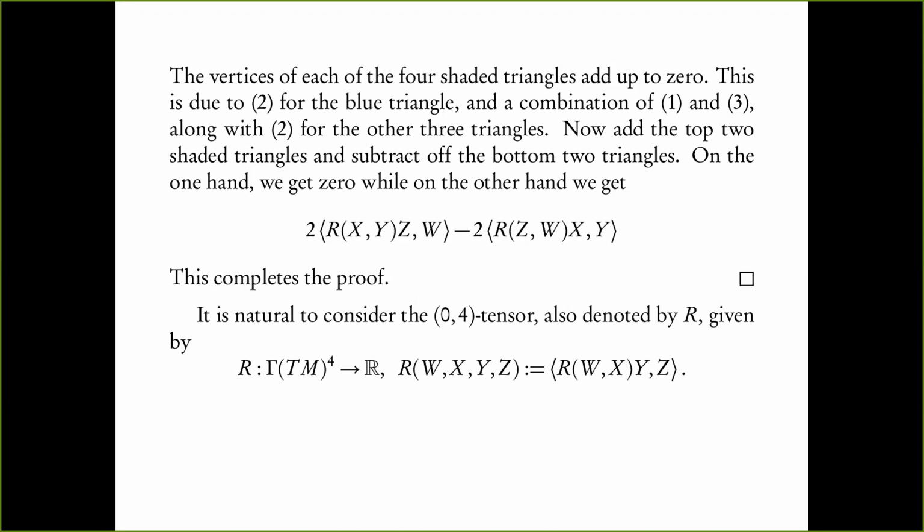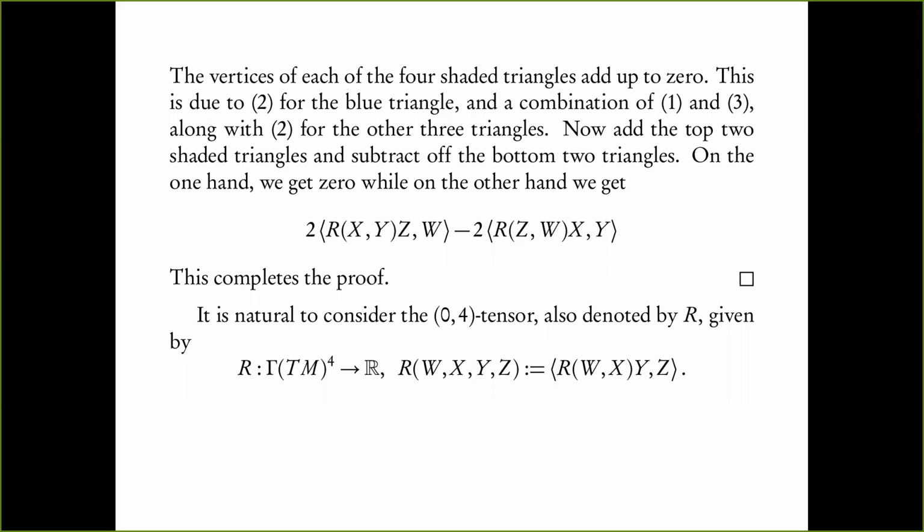R will also stand for this. So this is now going to feed in 4 vector fields W, x, y, z. Now I'm writing it in alphabetical order. R of W, x, y, z is defined to be this function: take R of W, x acting on y, dot product with z. So just a point to note, if you are following